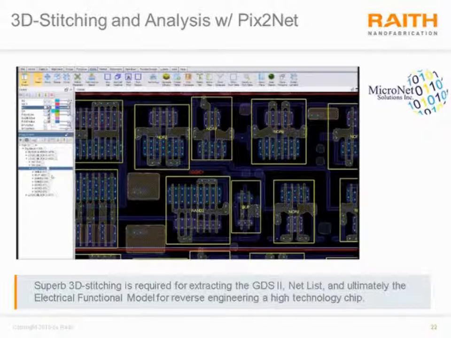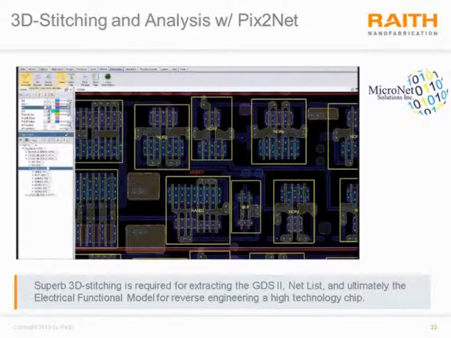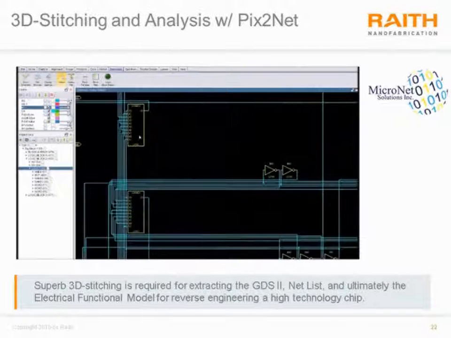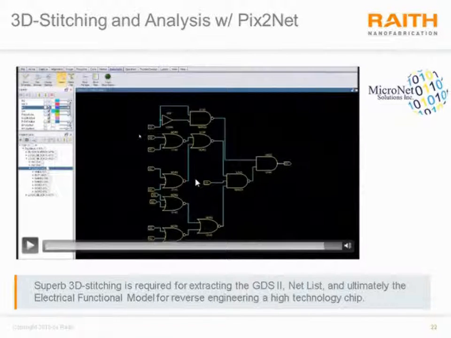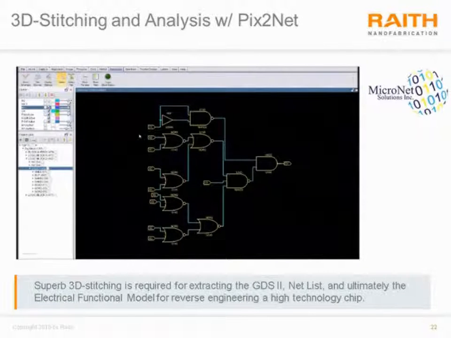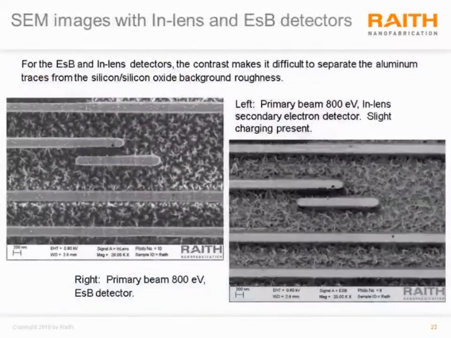Finally, the software can go and extract schematic netlists and schematic diagrams out of these by analyzing the GDS CAD file. And so ultimately we have really a complete reverse engineering workflow, ultimately producing the netlist and even the electrical functional models of the integrated circuit. So, okay, next,